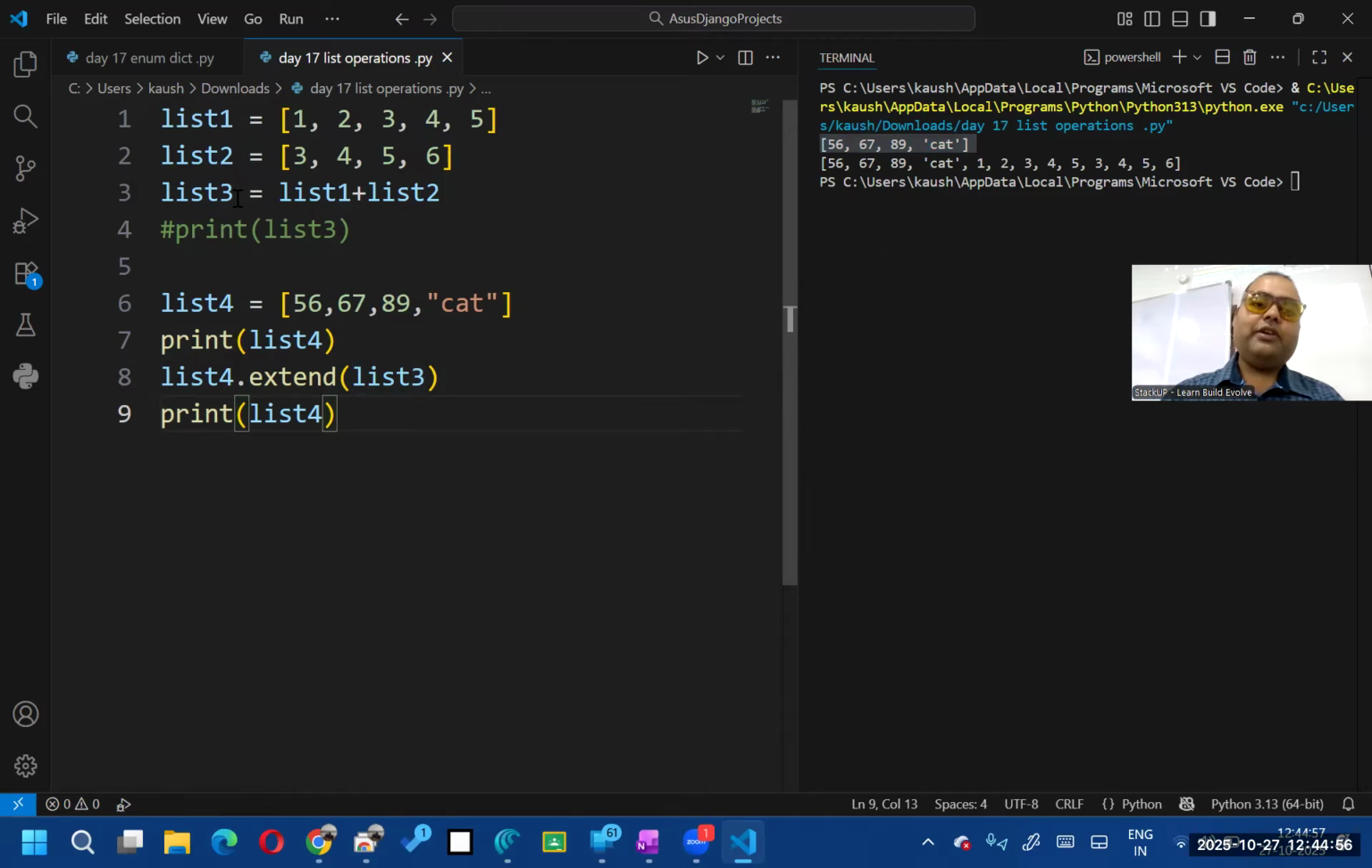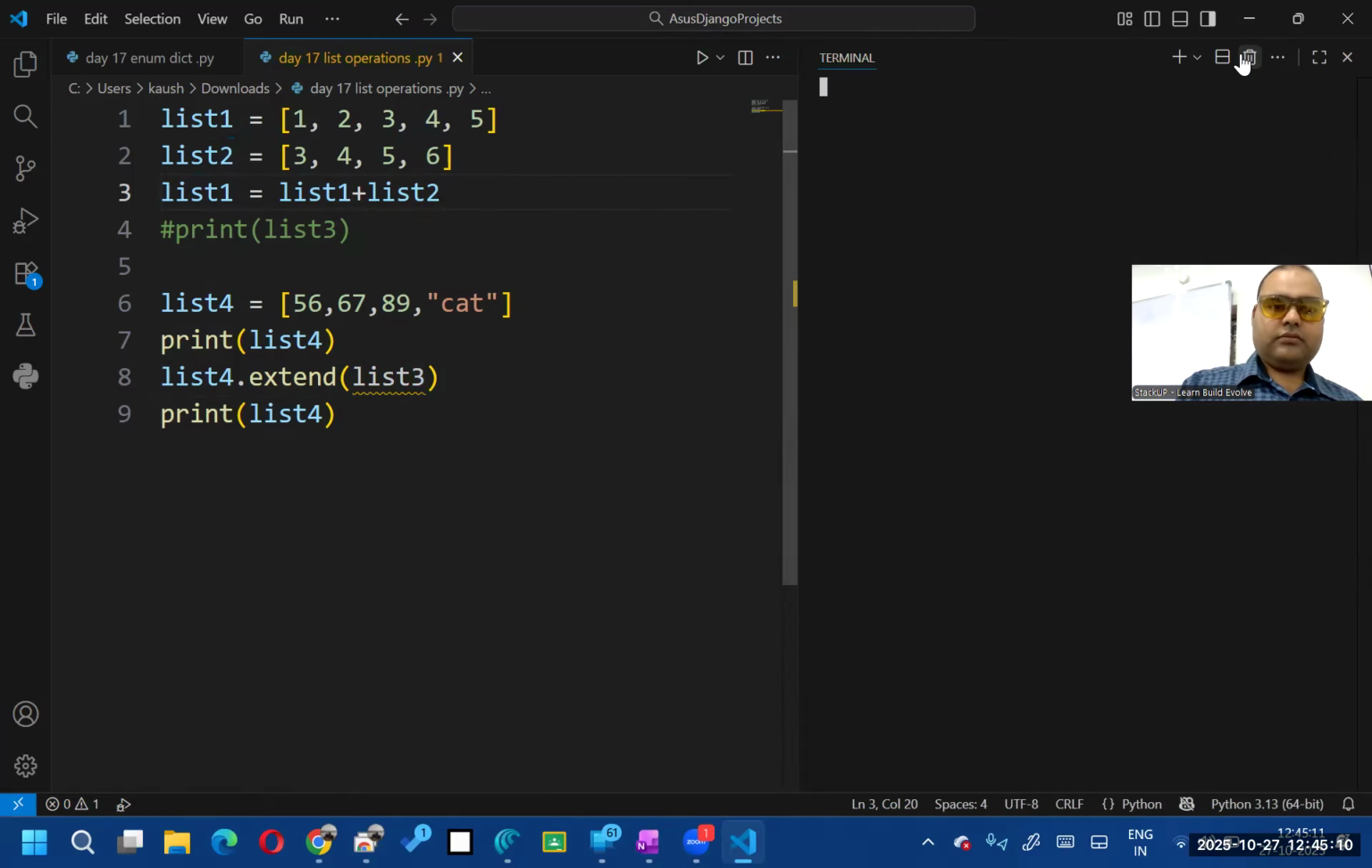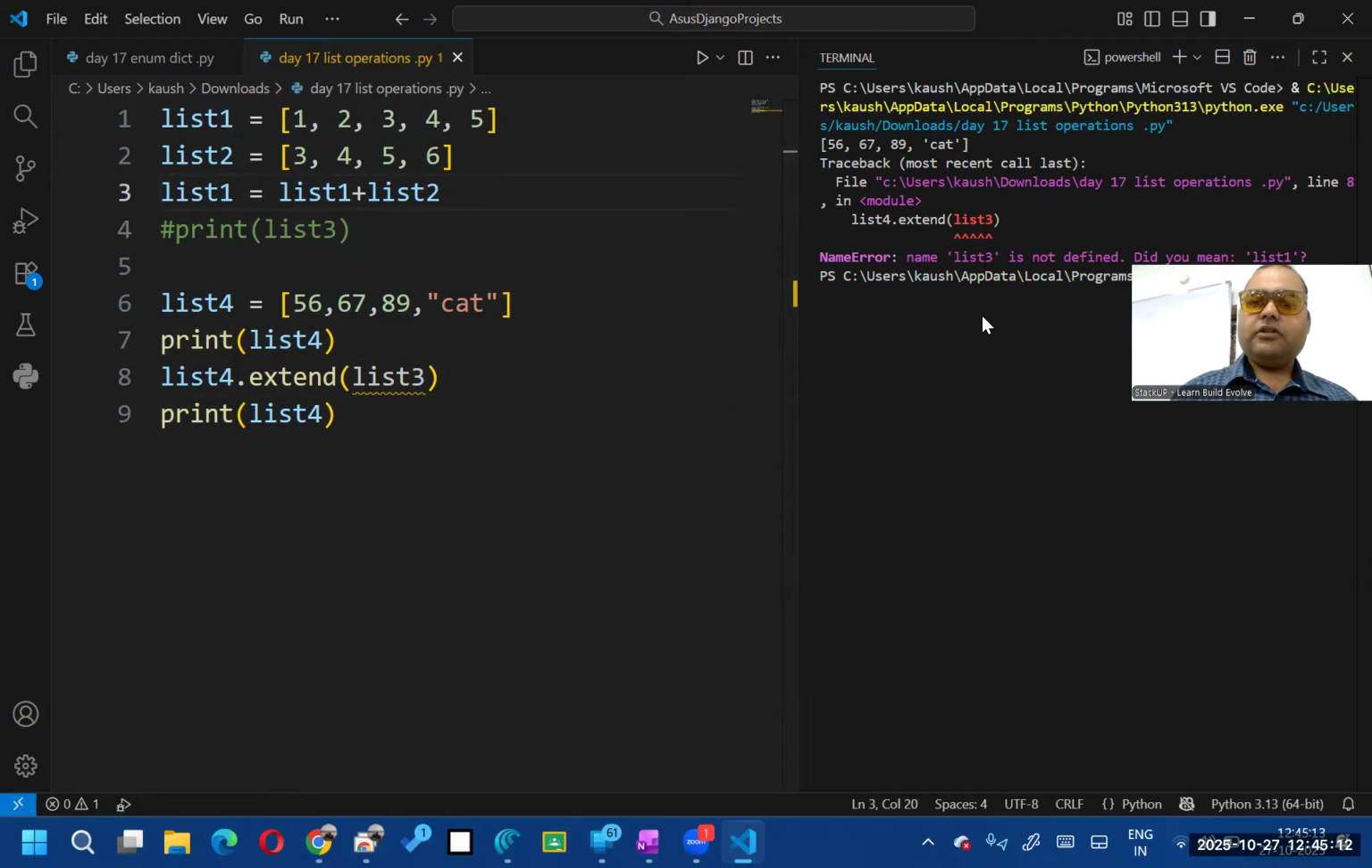If you want, you can use concatenate on the list 1 also. Like list 1 is equal to list 1 plus list 2, then it will do the same thing as extend. Print